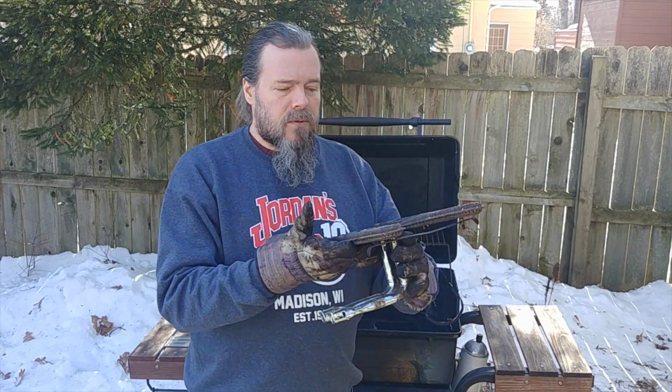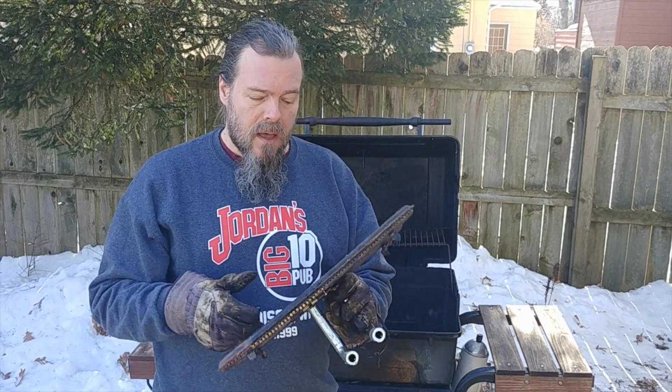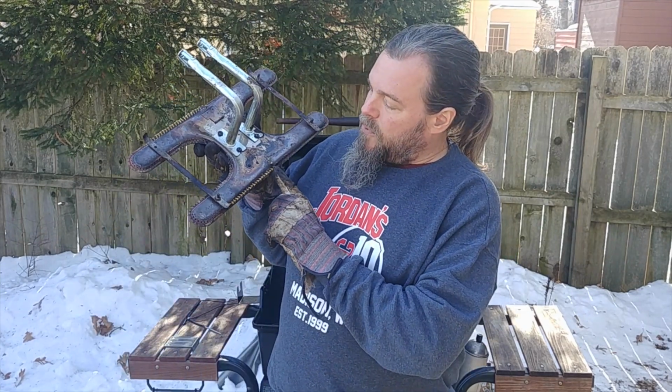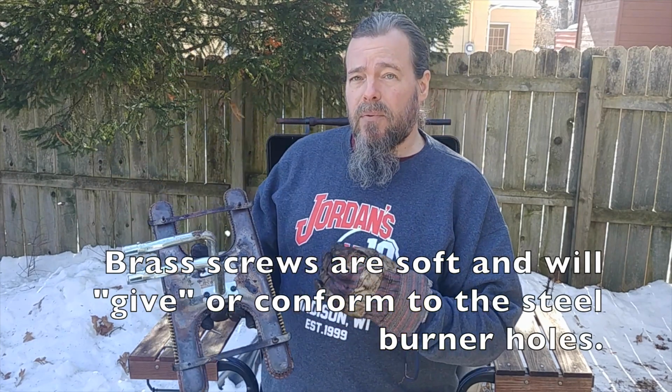So this H burner, pretty simple. It's basically split into two, where one side or the other lights, depending on if you have those open. But what I've also done is I've modified the low BTU side. I put brass screws in about half of the holes on that side, and that's because I put such a